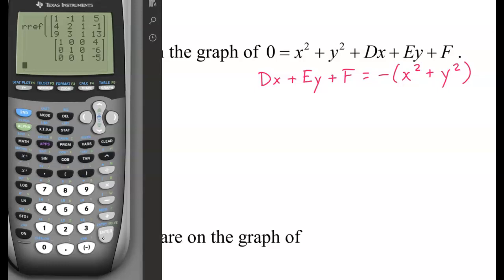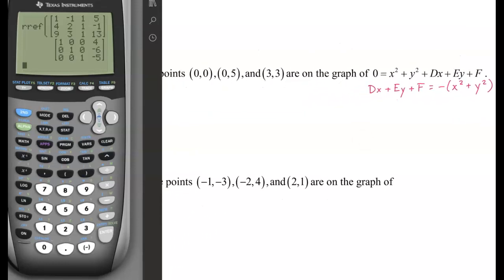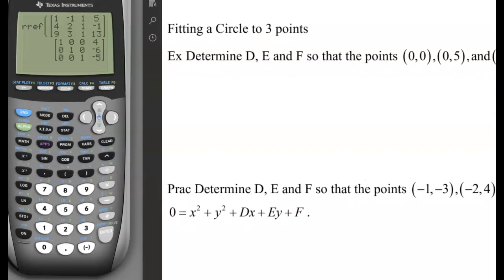So now, again, just like before, everything works the same. I have 3 points. I'm going to plug in the x values for the x's and the y values for the y's and create my 3 lines of equation. So first, I'm going to plug in 0, 0. So I have,